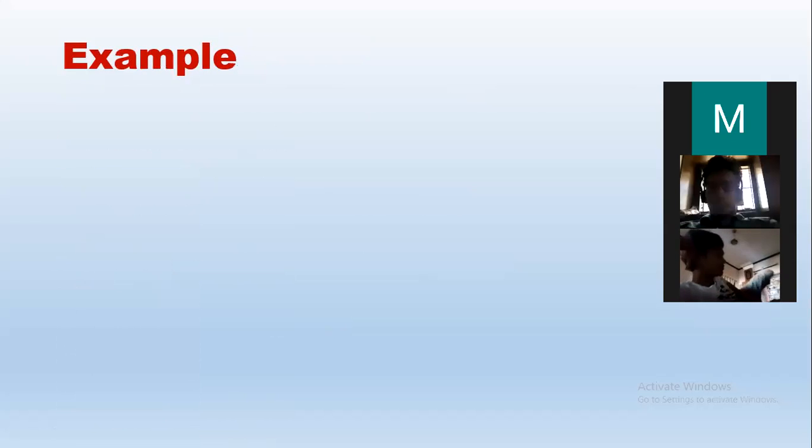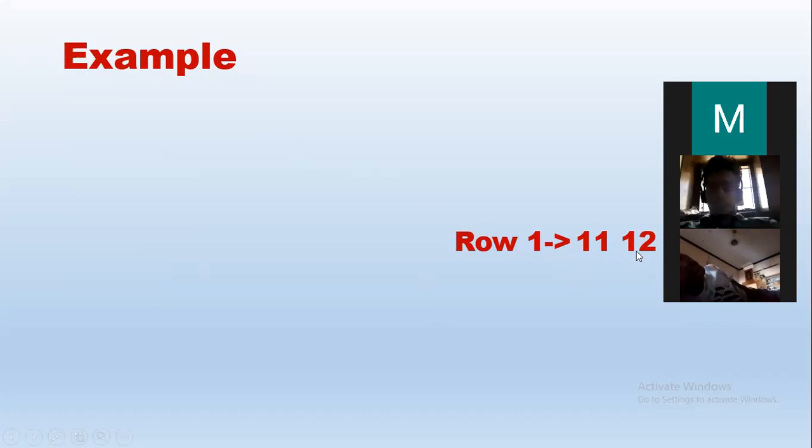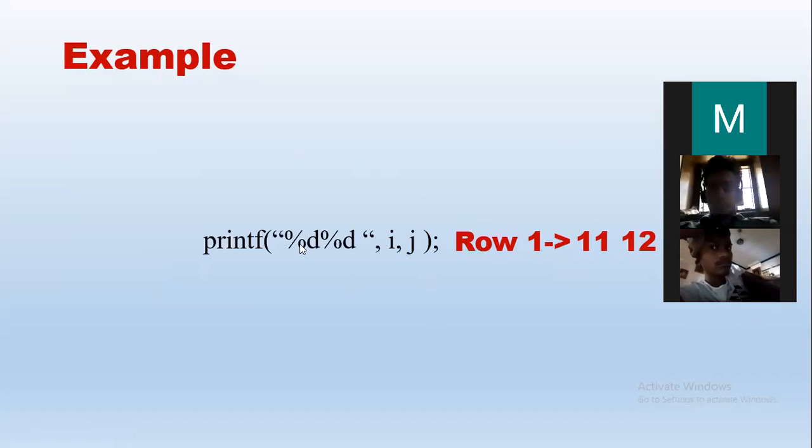An example we discussed was based on the matrix. Here we have a row number and a column number, right? Then we have to print two digits in each number. Here we have 1 1. 1 1 means row 1, column 1; 1 2, row 1, column 2; 1 3, row 1, column 3, and so on. If we have to print these numbers, let us say we consider ij, right? We are printing two numbers. The first digit is i, which is considered the row number in our example. j is considered the column number. So we print the values of i and j.